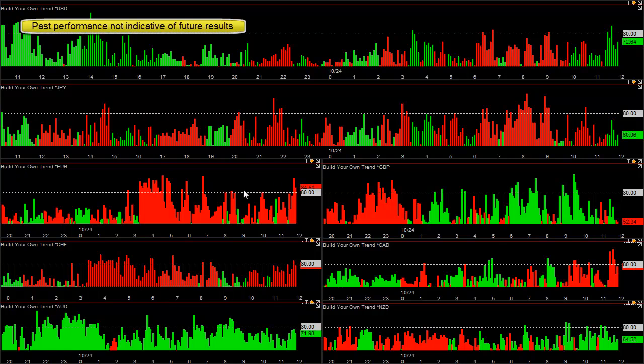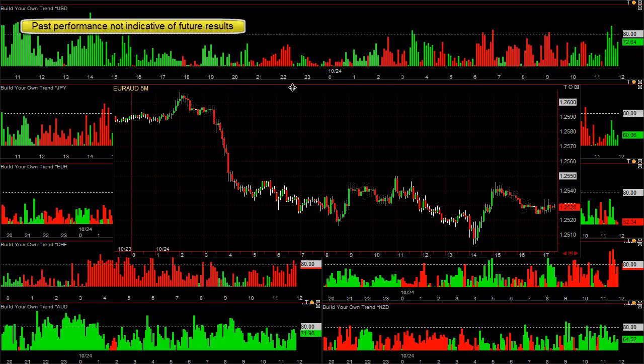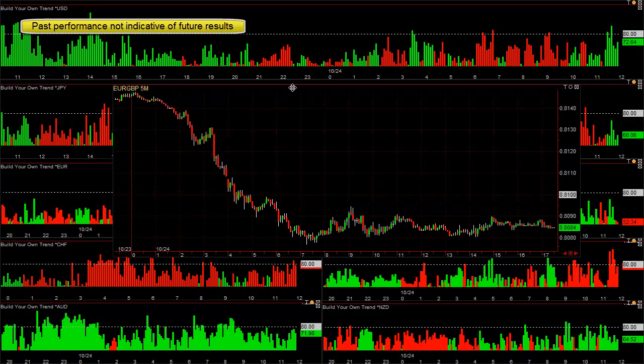The euro was very weak, the pound was strong. This is not one that I typically leave running, but you could certainly look to sell the euro pound as well. And as you can see, just straight down. Here's some of the trades that I would take. Once you see a trend, nice little pullback like that, or if you